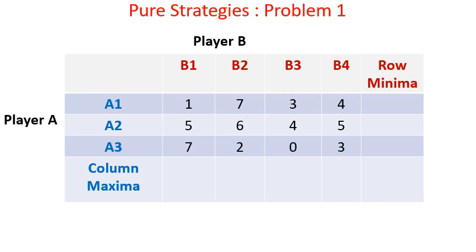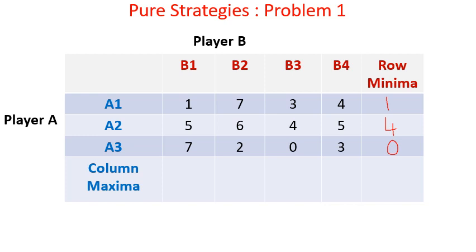So in this problem, these are the three strategies A1, A2, A3 of A, and B1, B2, B3, B4 are the strategies of B. Now for A1, what is the minimum in this particular row? The minimum value is 1. Similarly, the minimum value in the second row is 4. The minimum value in the third row is 0. 1, 4 and 0. What A is trying to do now is look at a position where